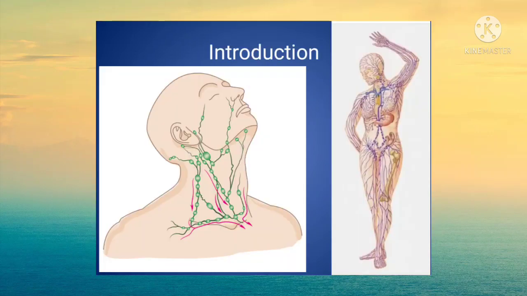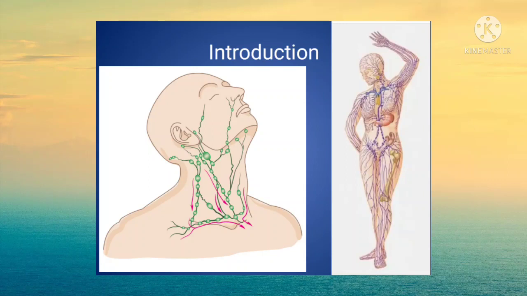Out of a total of 400 to 450 lymph nodes of the human body, about 60 to 70 nodes are located in the region of head and neck. All the lymph from the head and neck drains directly or indirectly into a vertical chain of deep cervical lymph nodes, which surrounds the internal jugular vein or carotid sheath and extends from the base of the skull to